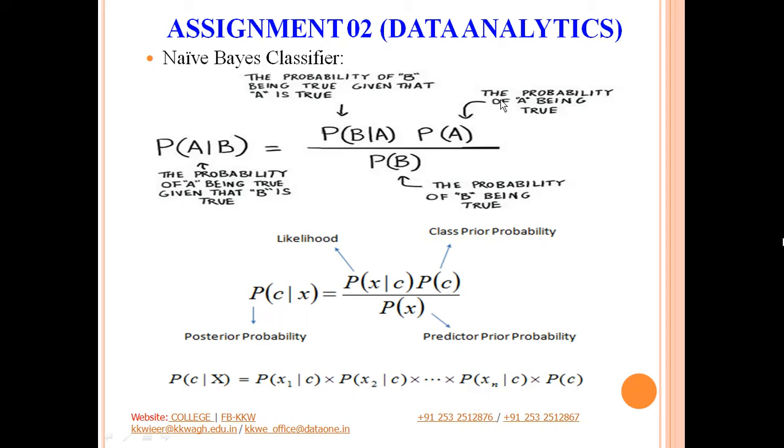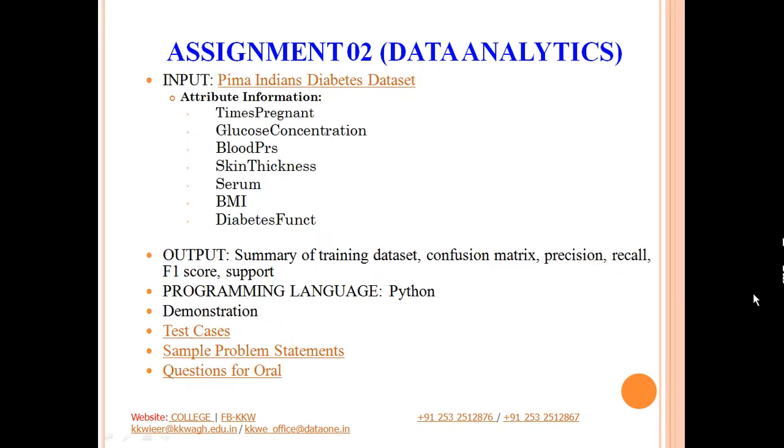Using this Bayes theorem, we will try to predict the value of the outcome variable for the given test sample. This is what exactly we have to do in our assignment. So now let us switch to the discussion on our assignment. A very important thing for any assignment is what our input is. In our case, as clearly mentioned in the problem statement, we have to work on the PIMA Indians diabetes data set. Let us first have a look at the data set.